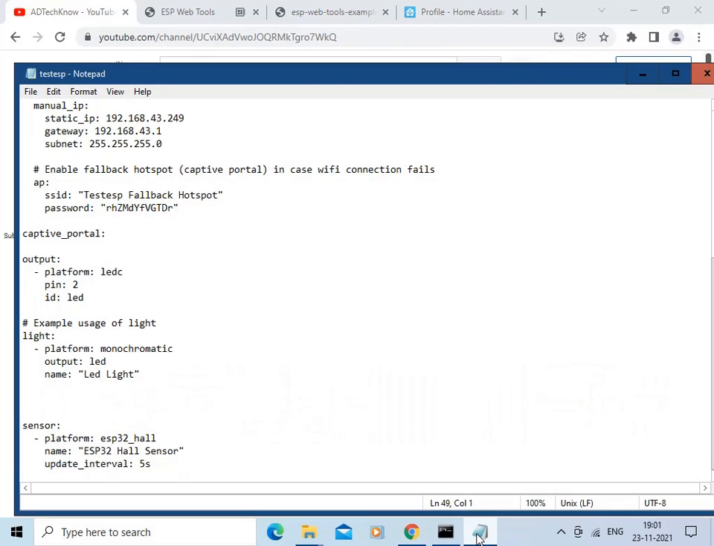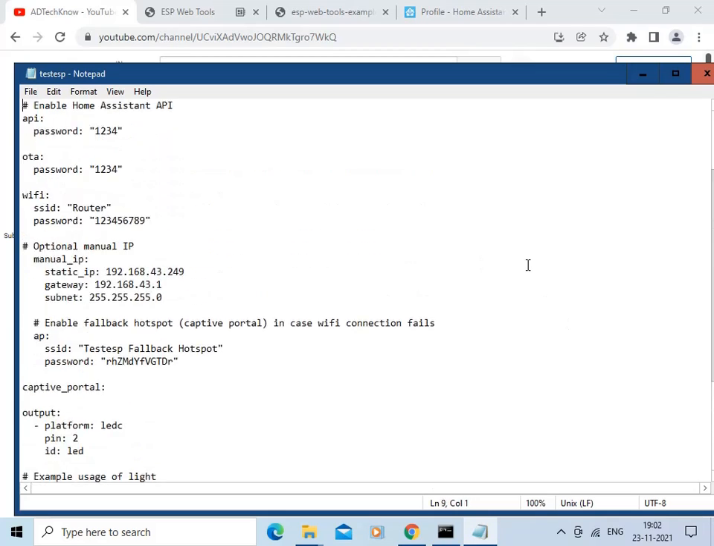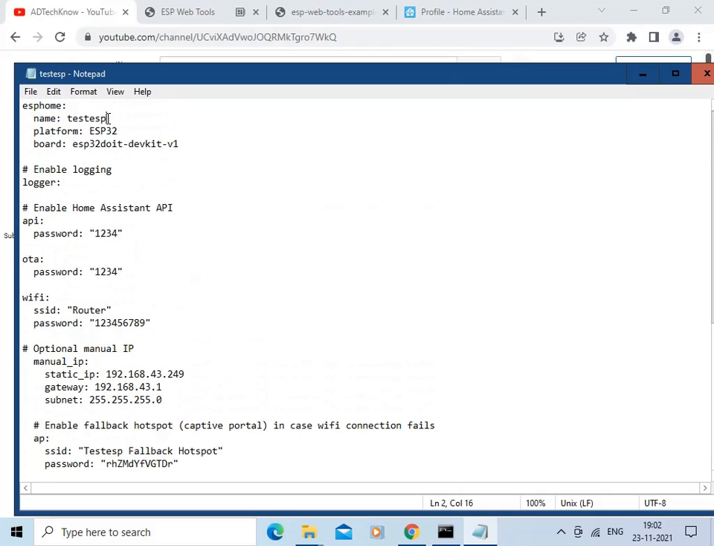So this is the YAML file which we generated for the project in the last video. This is the name of the project, test ESP. Platform used is ESP32 and the board used is ESP32 DoIT development kit v1, and this is the password for the OTA or the API. These are the Wi-Fi credentials,